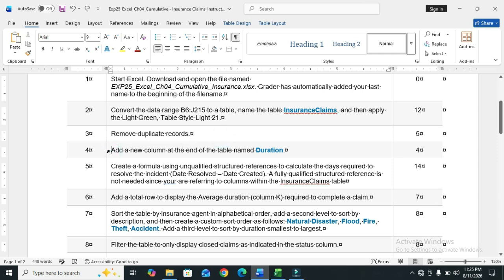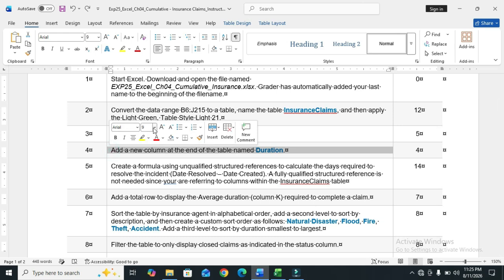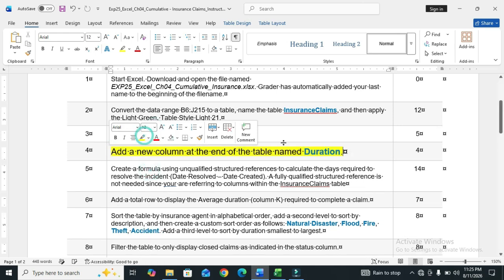Step number 4 is add a new column at the end of the table named Duration. Copy the name.